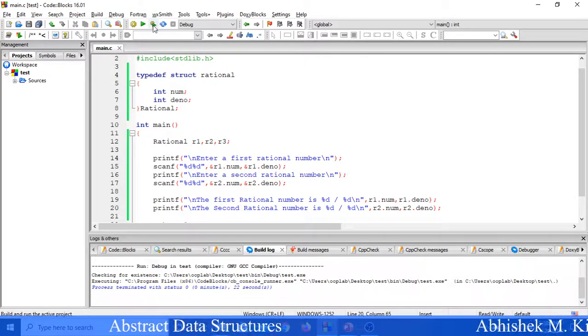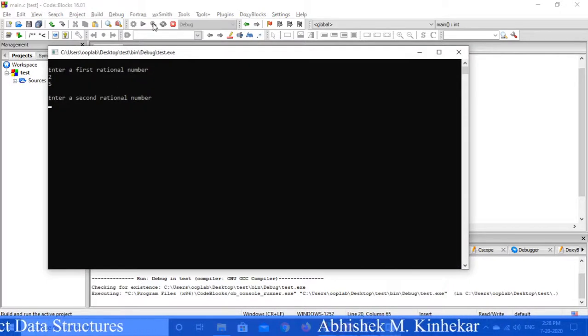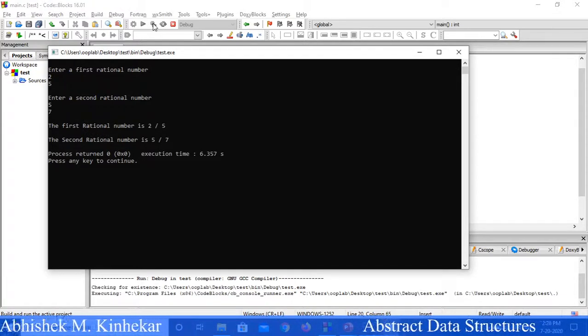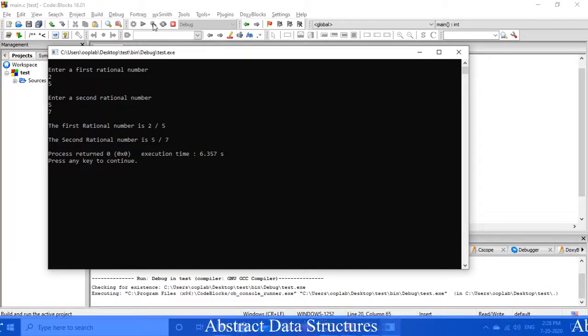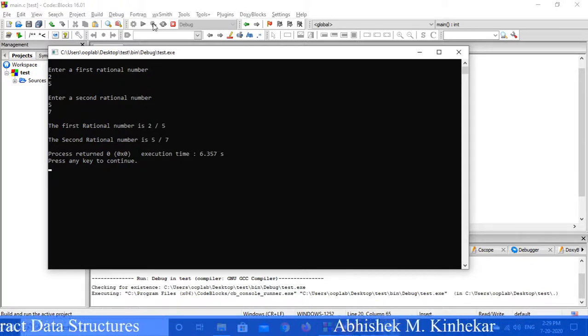Let me give you an example. If my first rational number is 2 by 5 and my second rational number is 5 by 7, then if I want to add these two numbers, how do I proceed? I will be multiplying my 2 with 7, that is 14. I will be adding that to 5 multiplied by 5, that is 25. So what do I get in return?